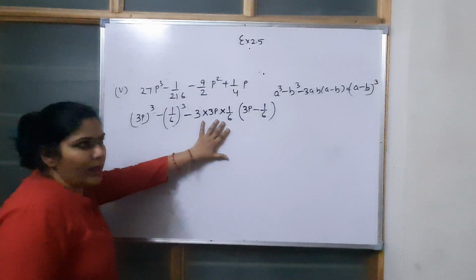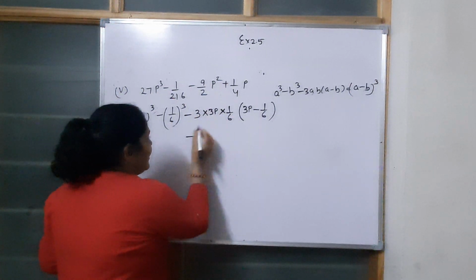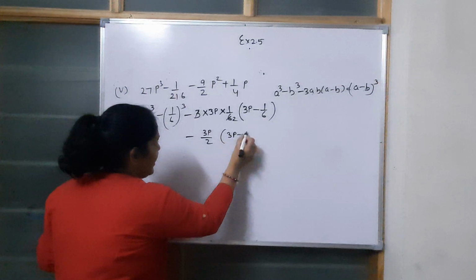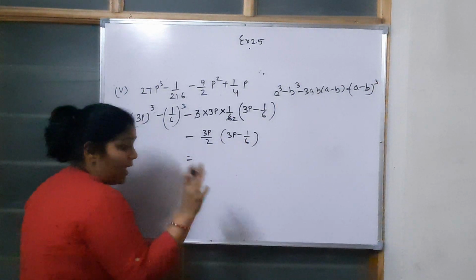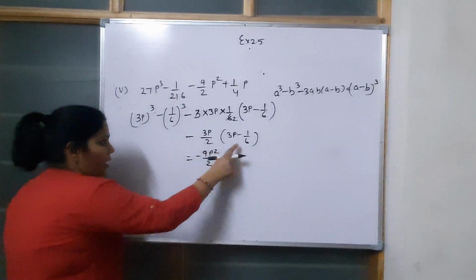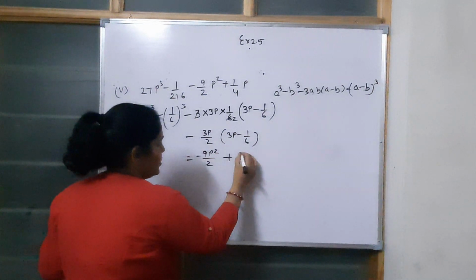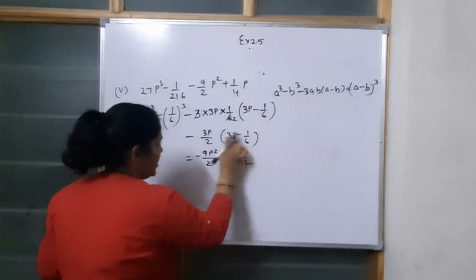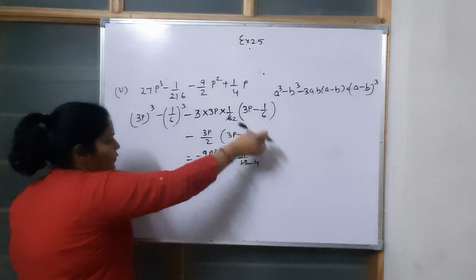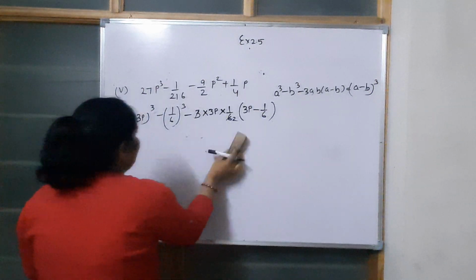Now, we need to check whether when we are solving this, we are getting this or not. So, let's just check. I am just solving this part, okay? 3 2s are 6, so I am getting 3p upon 2. Here we have 3p minus 1 upon 6. Opening the bracket. Now, I hope everybody knows how to multiply. 3p into 3p, 9p square upon 2. Minus sign outside the bracket. This minus will become plus. Now, 3p into 1, 3p, 2 into 6, 12. So, which is 1 upon 4p. So, look here. It is again the same thing. 1 upon 4p and minus 9 upon 2p squared. It means yes, we can apply the identity.